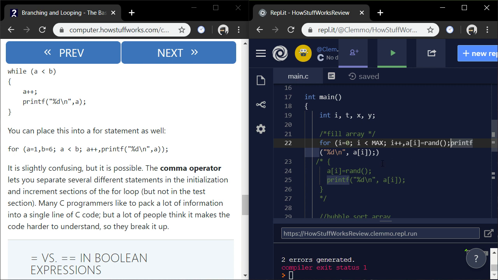I don't know. That's the parentheses for the whole loop. That's parentheses for the printf statement. I also have open and close parentheses for the printf statement.